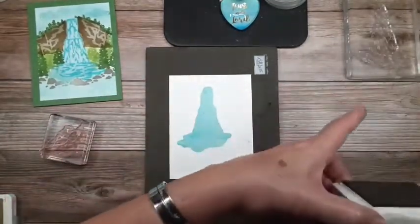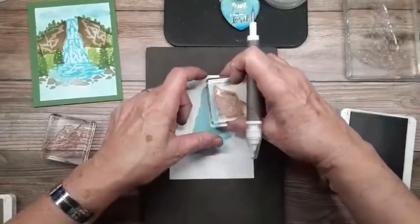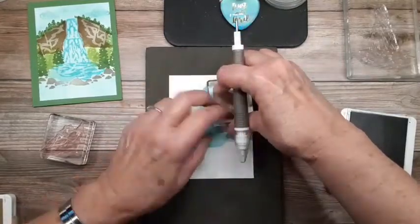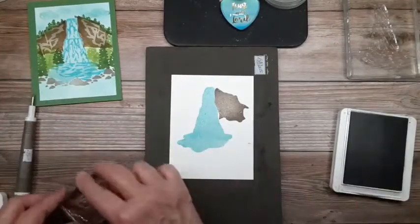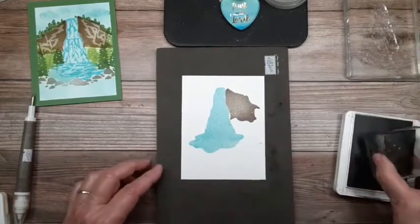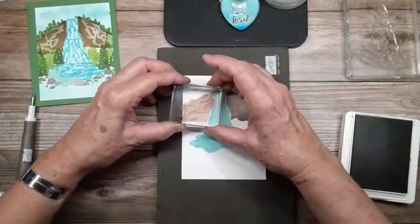So this one I'm using, what am I using? I'm using Gray Granite. I'm just trying to get in here. And again, it may not be perfectly lined up, but it's not necessarily going to be 100%, just the way it is. There's going to be a little white. Okay, then on this side, this one,